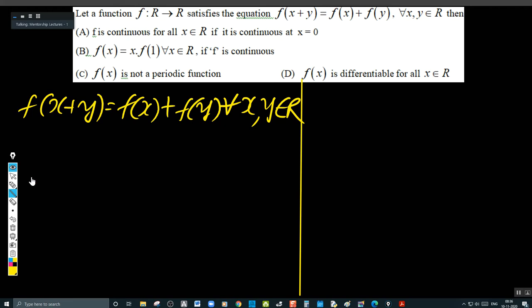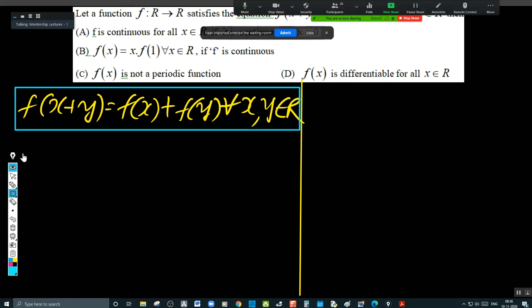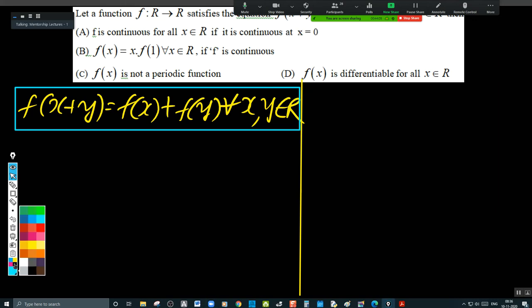What I mean to say by special functions, these are functional equations given. We cannot all the way solve these functional equations to get the function. That is the reason why I gave you some around 5 special functions. Among them, this is one, and you can take it as